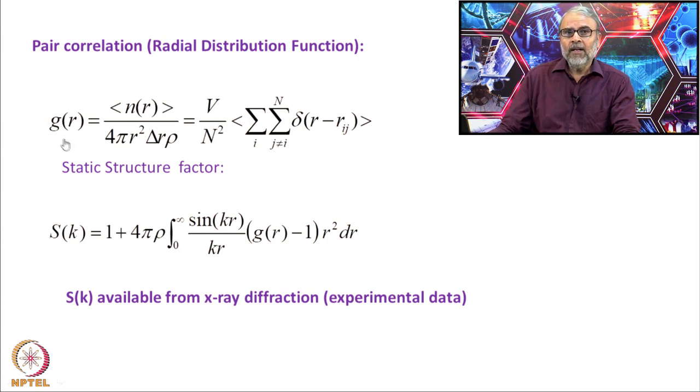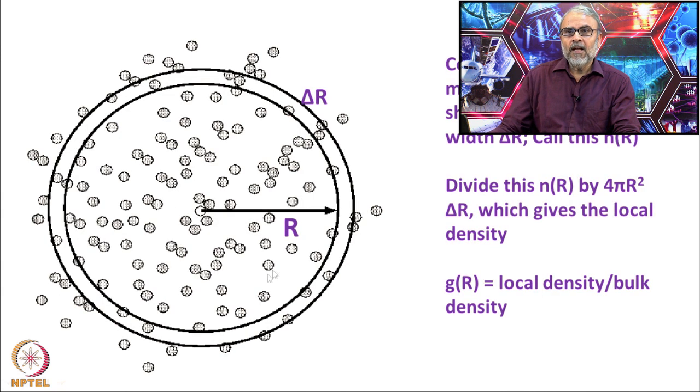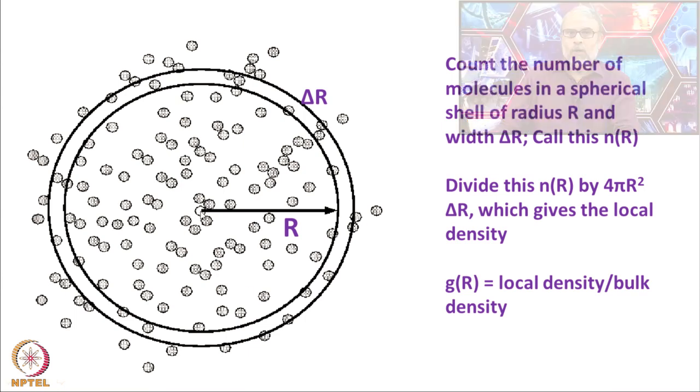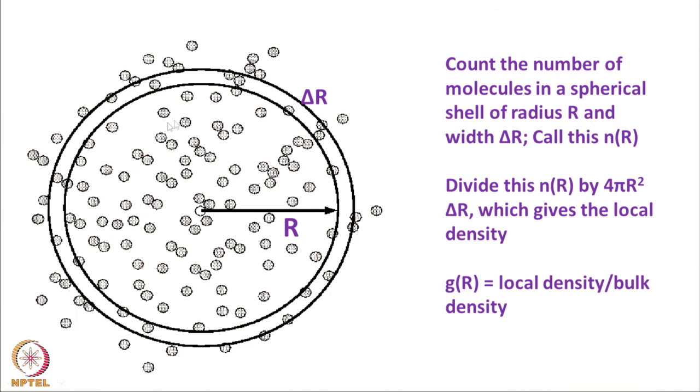So, let us now analyze how to calculate this pair correlation function again. This slide really explains the meaning of the pair correlation function. Imagine this white circle located at the center, and all the other molecules distributed around this central molecule. Now, what I want to do is to calculate a local density at this distance r, then divide by that global density. So, what is the local density at this distance r?